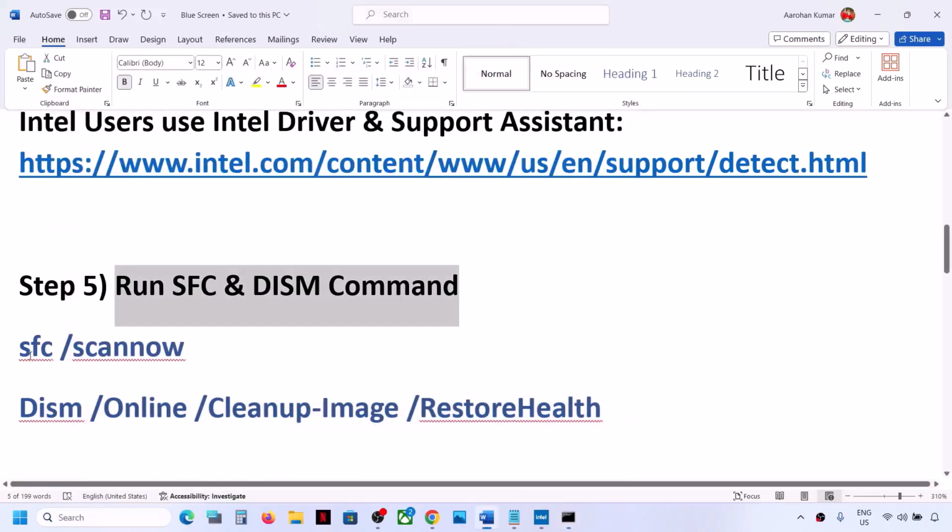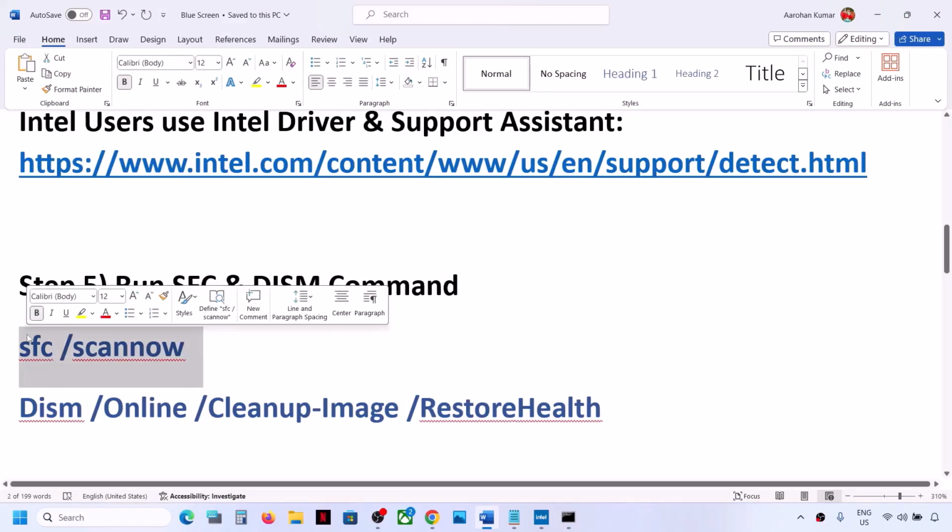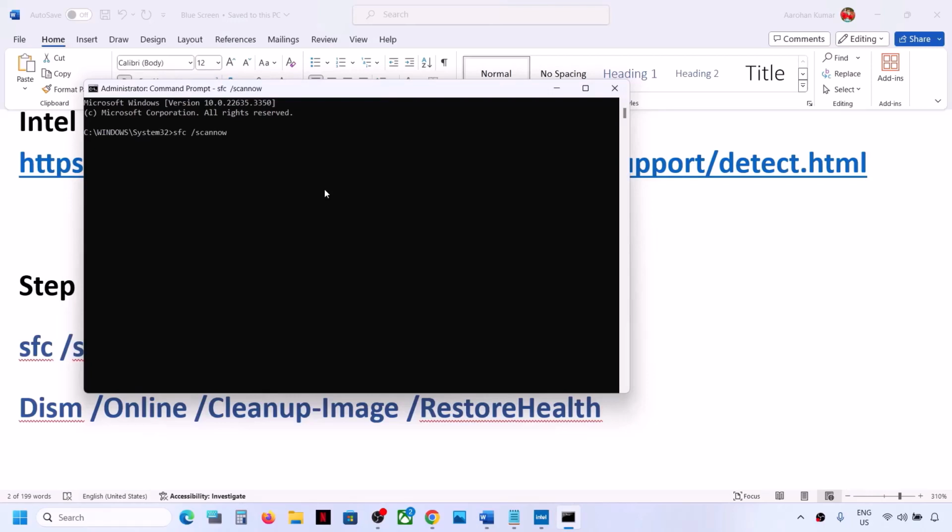Now copy the first command. This command is provided in the video description. Paste it over here, hit the Enter key, and let the scan complete. Once the scan is 100% complete,